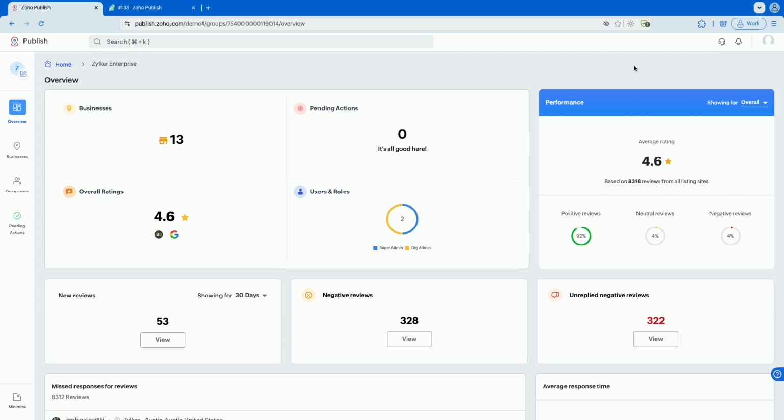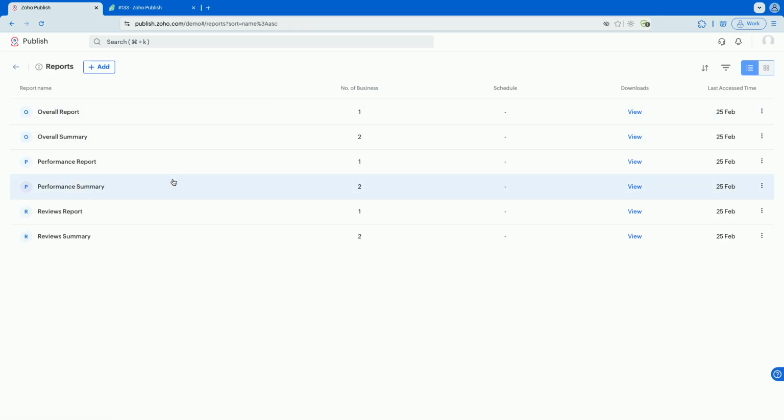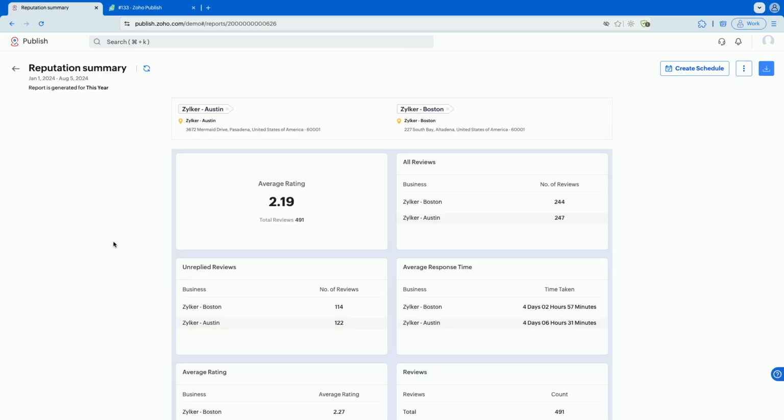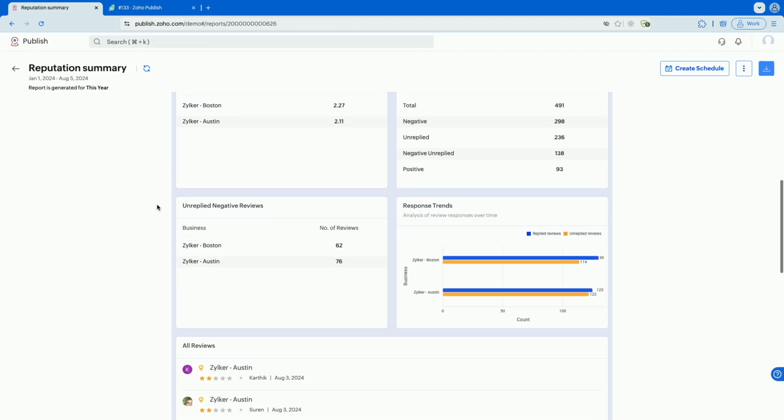If you are a marketing agency or a multi-location business, and you want to update your boss or top management, we have a powerful reporting feature that gives a variety of templates where you can select a review summary report or analytics report. Even if you want to understand the performance of each location or a group of locations, you can create different widgets and enable them in reports. For this particular report, I triggered it for the last quarter. Here you can see all the information about these two locations.